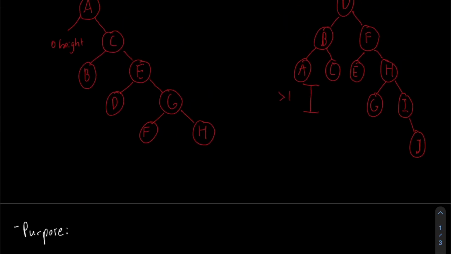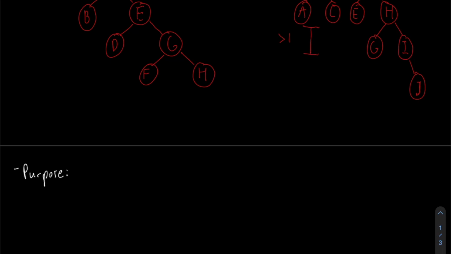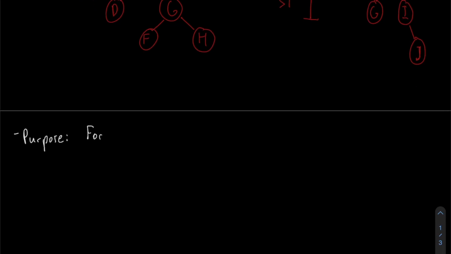So the purpose is that if we had this type of tree over here, this unbalanced tree, it kind of looks like a linked list if we ignore all these nodes over here. It kind of looks like a linked list, and so traversing it would end up being a runtime of O of H, because the height of the tree will be the factor in that big O running time that causes it to be such a great running time. So what ends up happening is that it's bounded by this height. So we know that for an unbalanced tree,